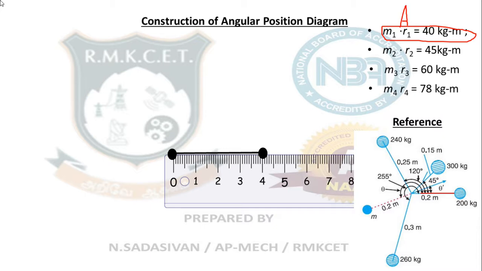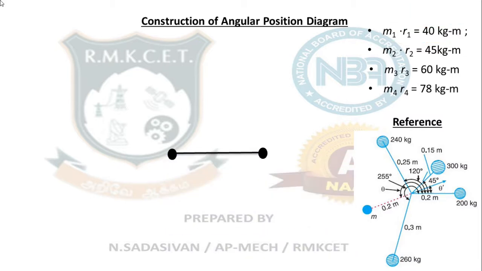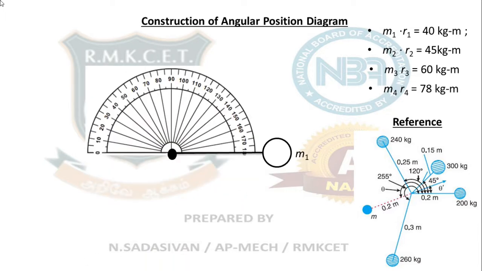When a mass is rotated fast, it gives you centrifugal force. Centrifugal is always directed away from the center, towards the mass. So this is the direction of your force. That arrow mark carries a separate allocation of marks in your exam. So put the direction for mass A, m1. It is not required here, it is just an angular position diagram. In the vector diagram, you have to put the arrow marks.